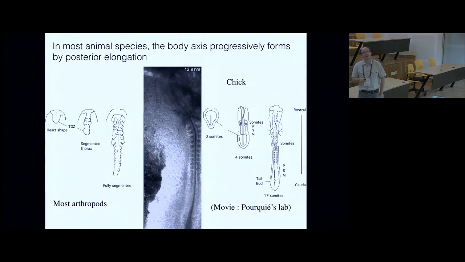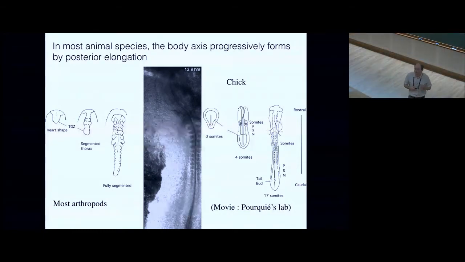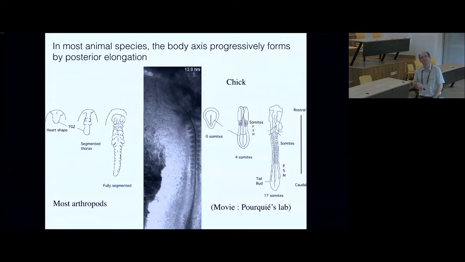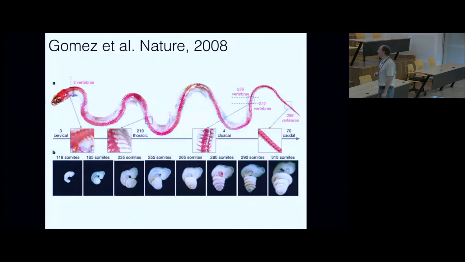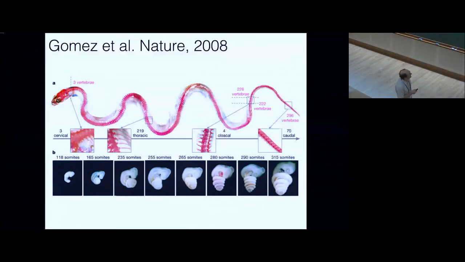That's true for the vertebrates, but actually most arthropods develop like this as well. Even fly, within arthropods, is an exception. If you look at Tribolium, for instance, it's exactly the same kind of process where you have an embryonic elongation, and as the embryo elongates, you form segments. And fly, spider, you name it. Many of them have this process of elongation with segmentation. So this is what is described here.